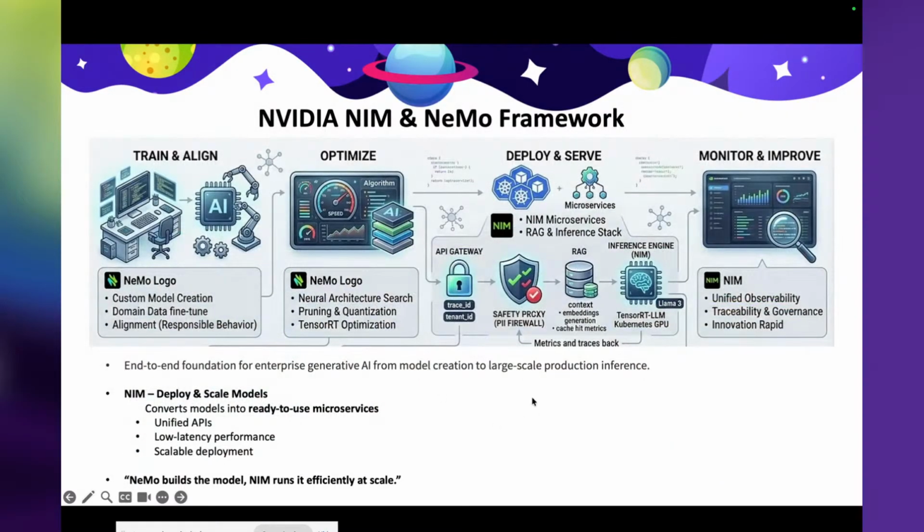And we have the NIM and NeMo framework together here. So to put all this together, let's look at the bigger picture. It gives us a holistic view. Now think of NIM and NeMo as two halves of a complete AI pipeline. Left hand side is the